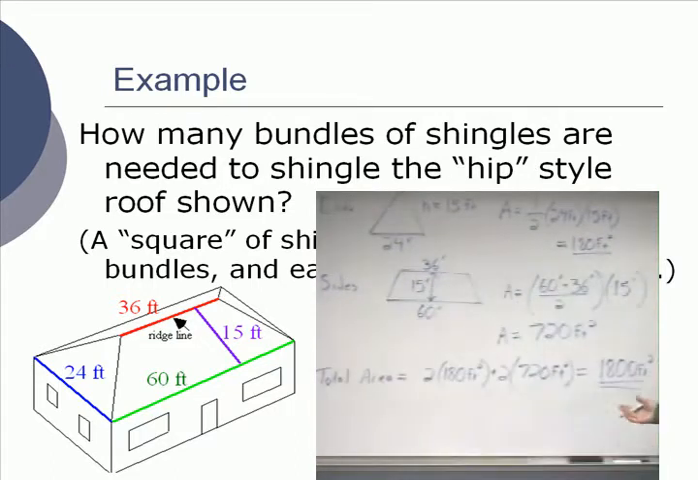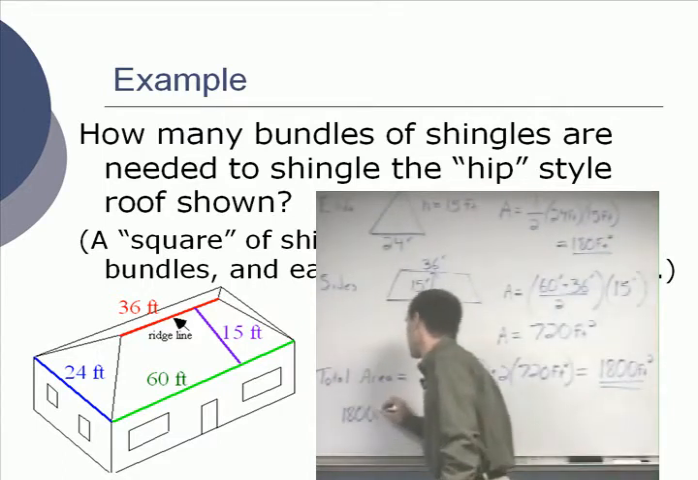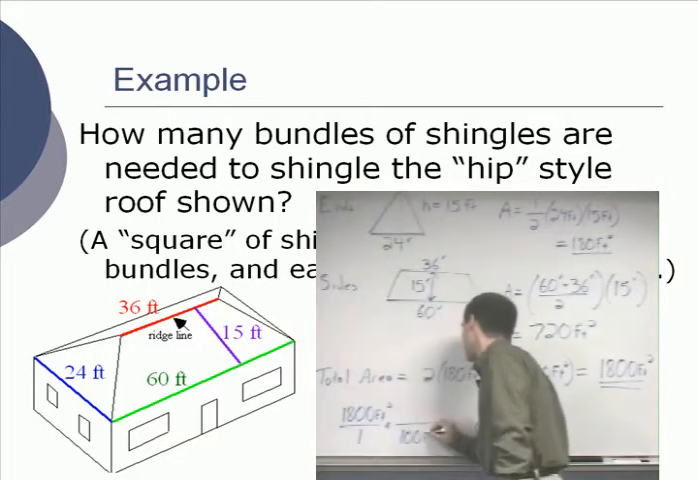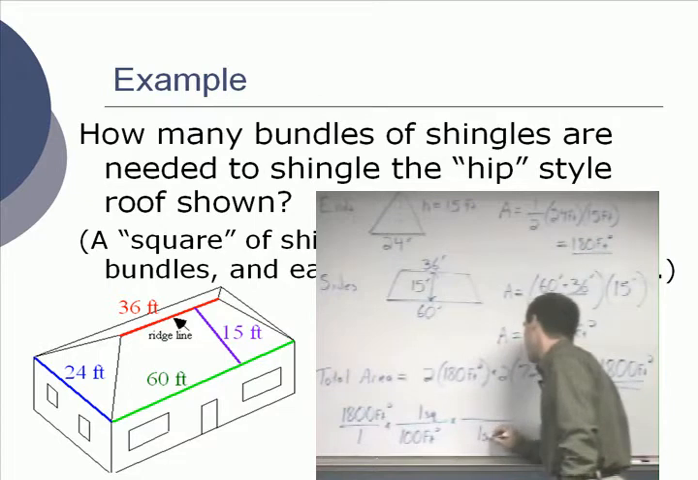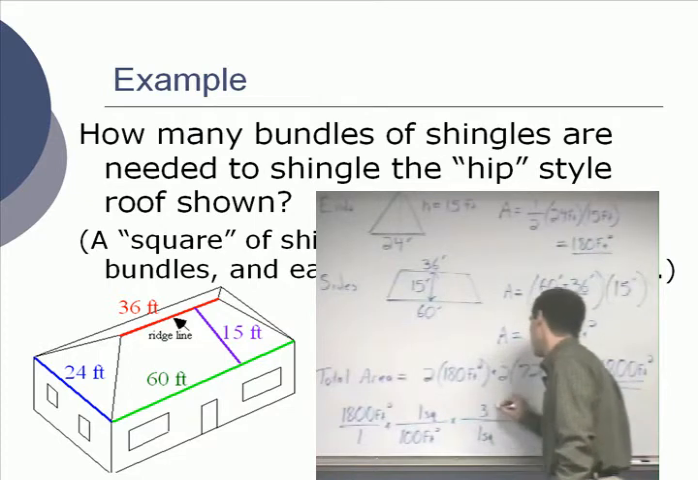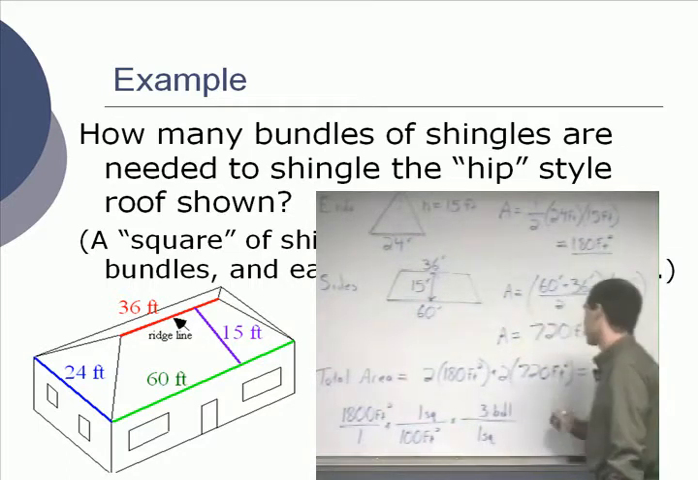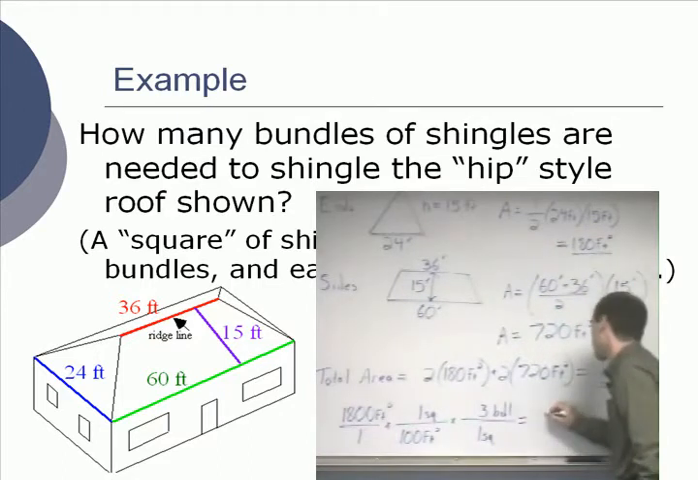Set it up as a conversion if you get a little bit mixed up there. 1,800 square feet. We know that there are 100 square feet per square. And we know that there is 1 square for 3 bundles. 1,800 times 3 divided by 100 gives us 54